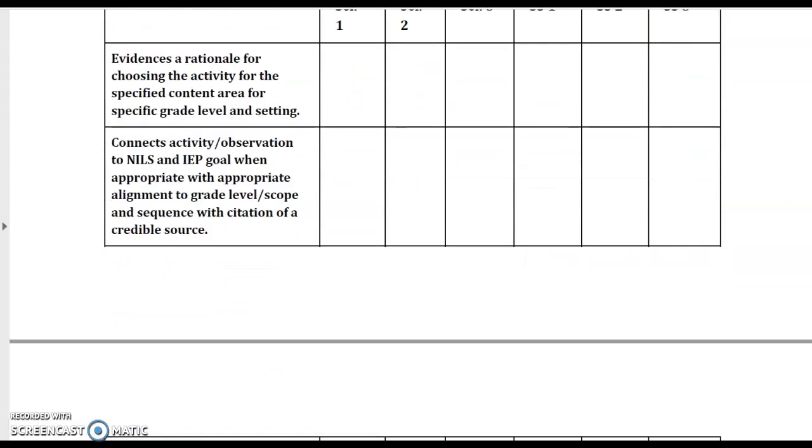So the actual criteria has 5 different categories. The first category is evidences a rationale for choosing the activity for the specified content area for specific grade level and setting. The second category is connects activity or observation to NILS, and if it is appropriate, connecting to an IEP goal. It also needs to be aligned with the grade level, scope, and sequence with a citation of a